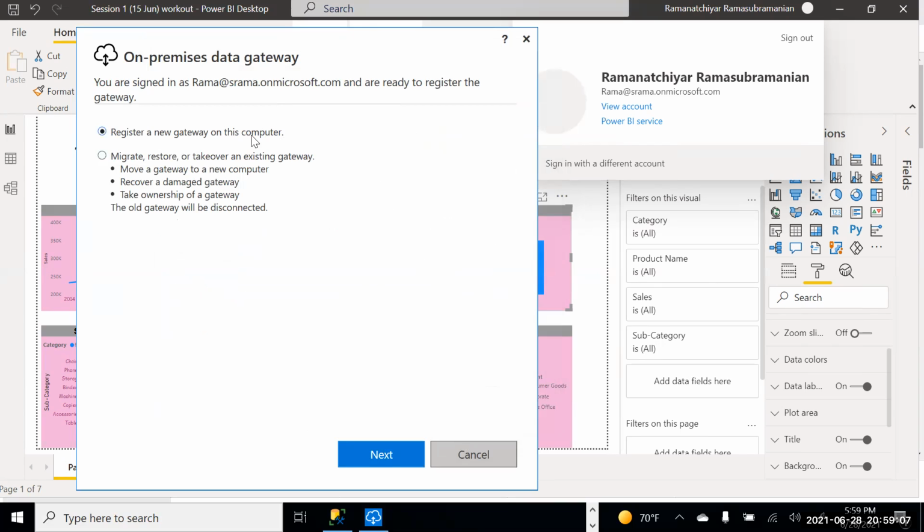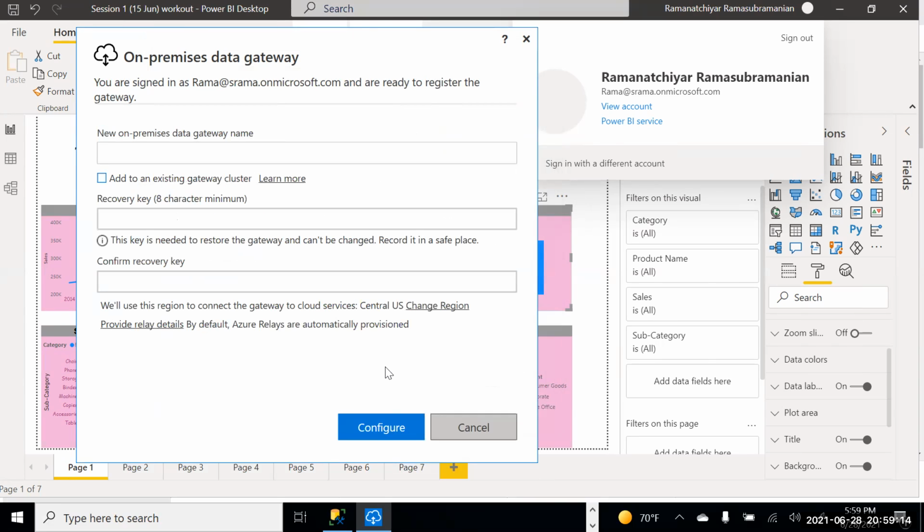Register new gateway. So next. And give a name.